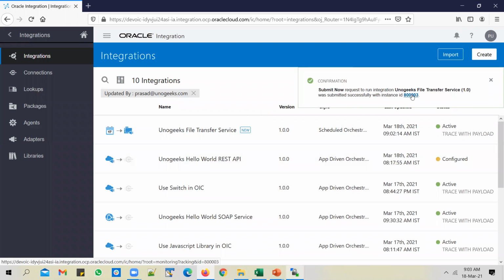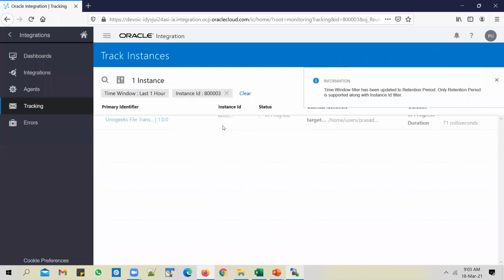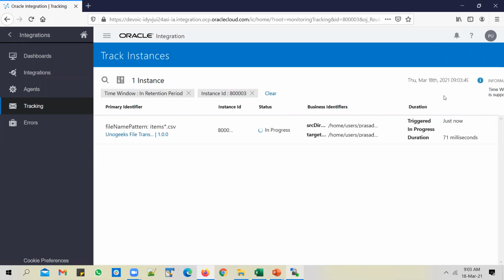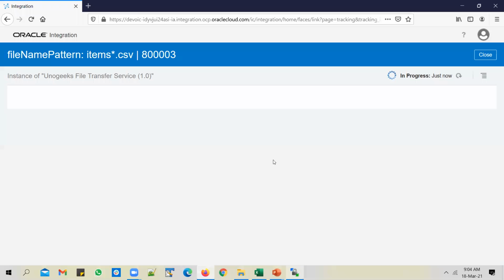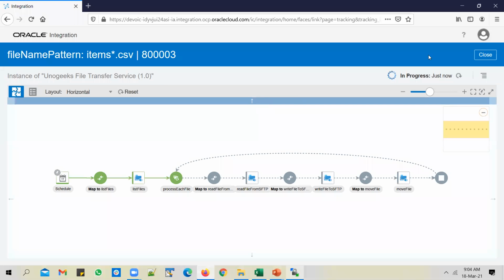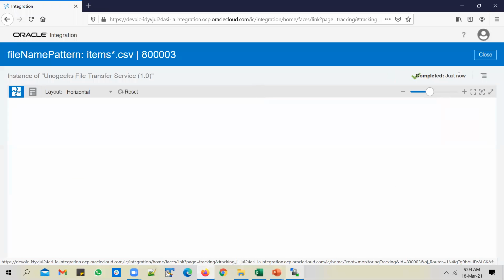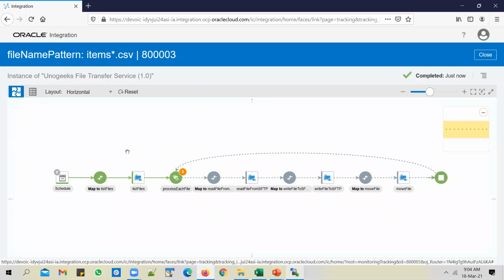You will get an instance generated. Click on it to track the request. You could see that the instance is in progress at the moment. And you see that the instance completed successfully.